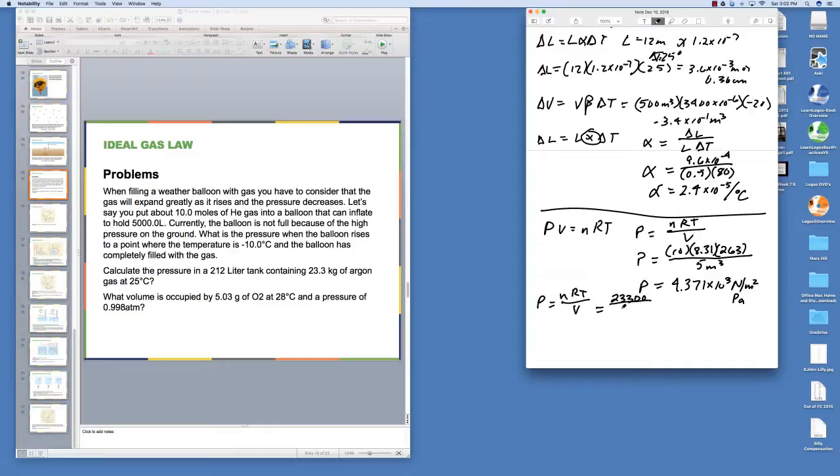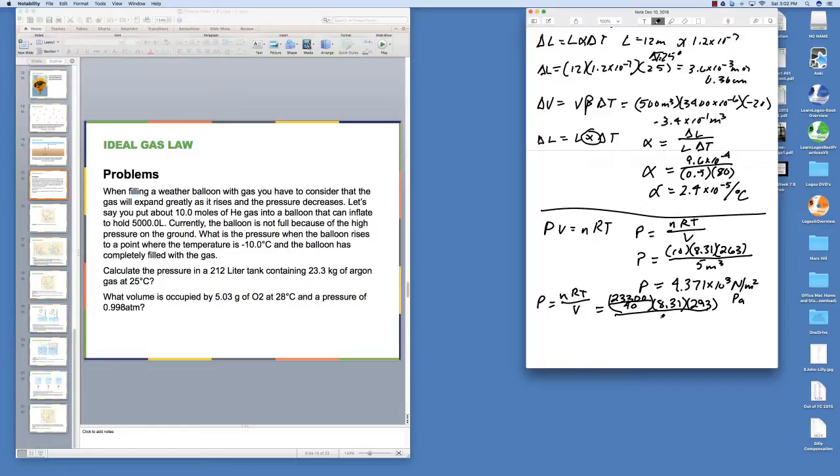So I changed the kilograms to grams, divide that by 40, so that's the number of moles. We'll use our same 8.31, and the temperature here is 25 degrees centigrade, or 298 if you add 273 to that, Kelvin. And the volume here is